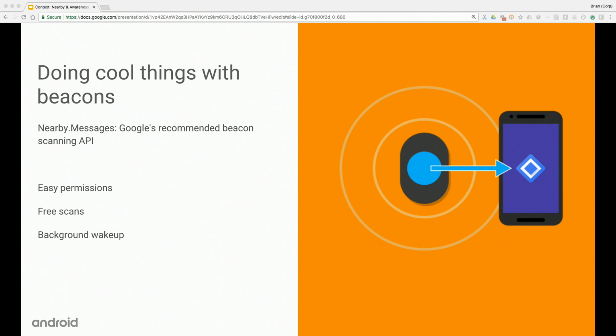Another advantage to using this is that you get free stuff. We like to give you free stuff. So free scans. There are lots of other applications potentially that are scanning for Bluetooth LE. The system itself actually scans periodically for location services. And if we happen to see something while we're scanning that matches whatever your app is interested in, we'll deliver that to your app. This is in contrast to the low-level API, where you only get scans when you're directly scanning, basically.